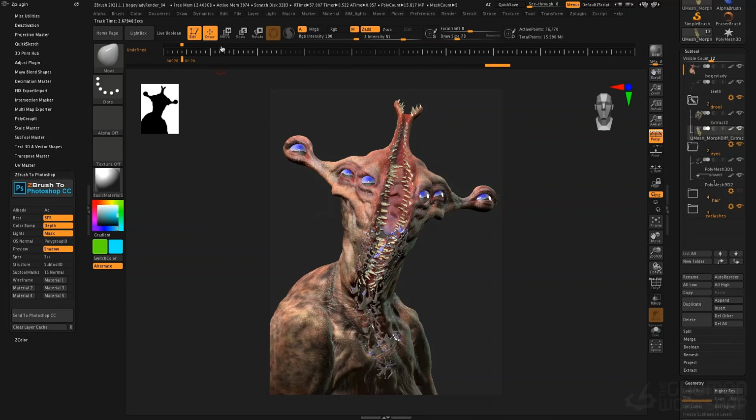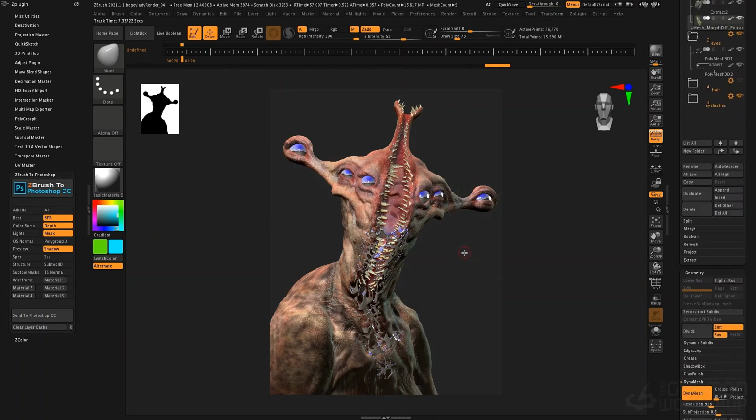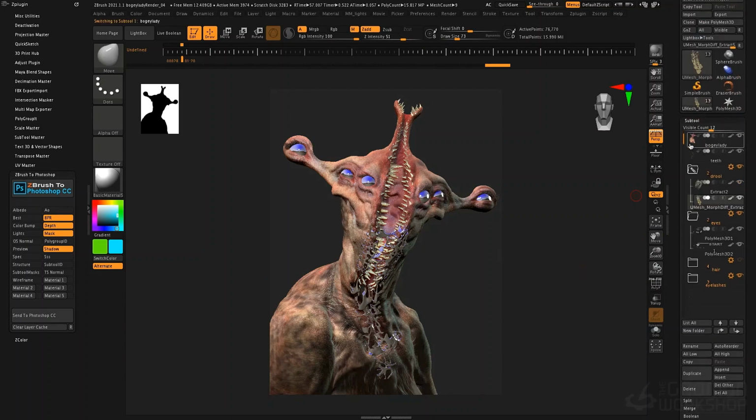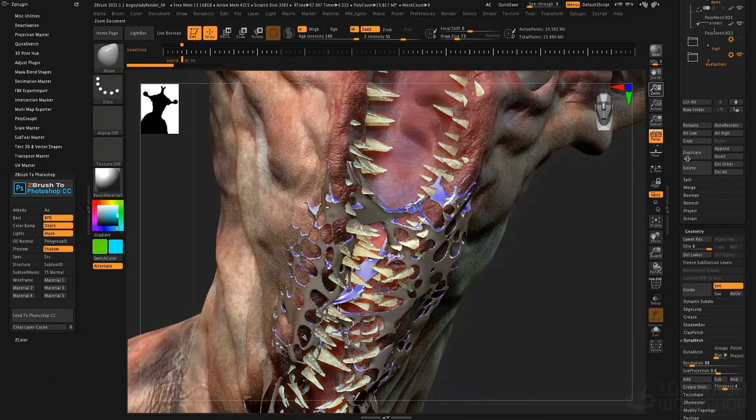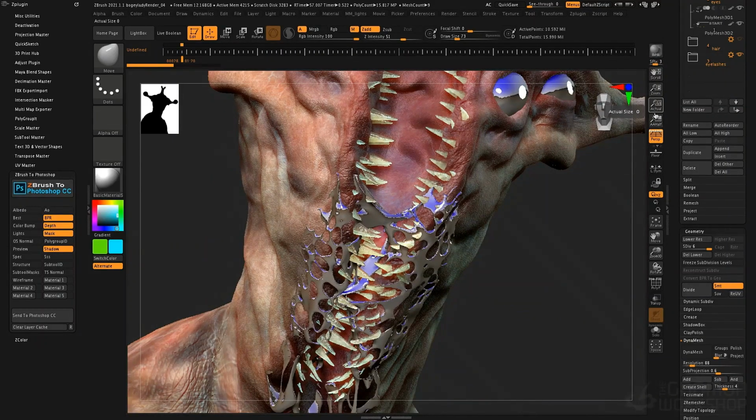It's very important when you're at this high resolution. If you're having a hard time navigating, it can be quite slow if it's a very, very dense mesh. Make sure if we go to the body and select the body, for example, this is the densest of all my subtools. You can step down your resolution and then you can navigate easier. But when you're working at such a high resolution, you can use these buttons here and this will zoom into the actual document and let you move around